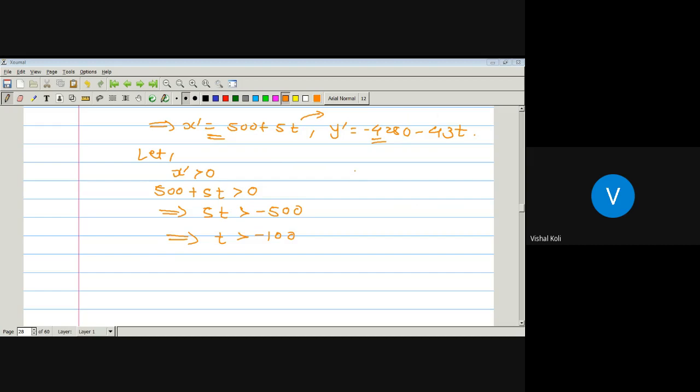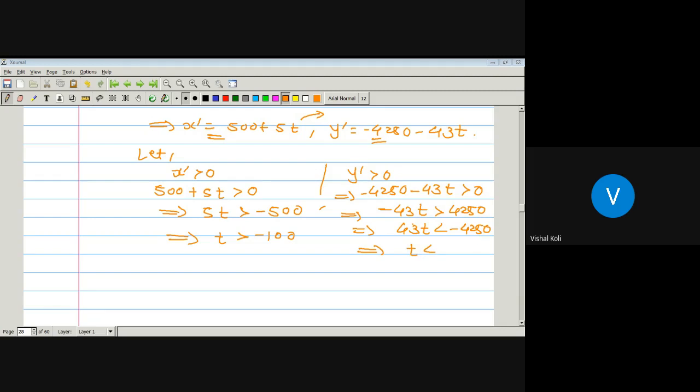Similarly, y dash is also greater than 0, which implies minus 4250 minus 43t is greater than 0, which implies minus 43t is greater than 4250. As minus 43t is greater than 4250, whenever we multiply both sides by minus 1, the inequality reverses. So it is 43t is less than minus 4250, which implies t is strictly less than